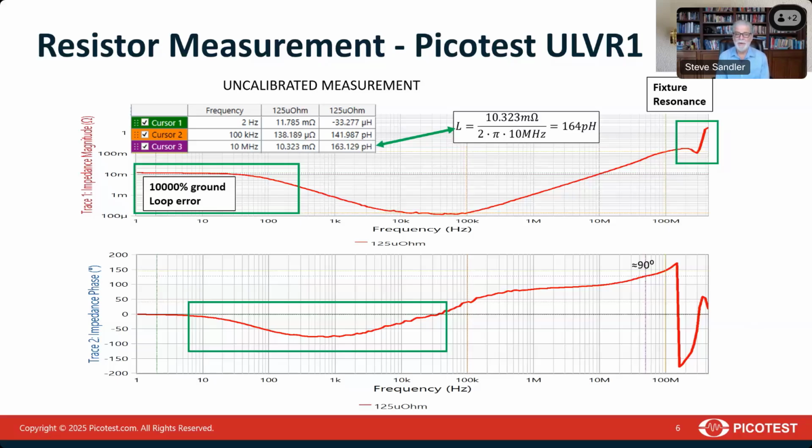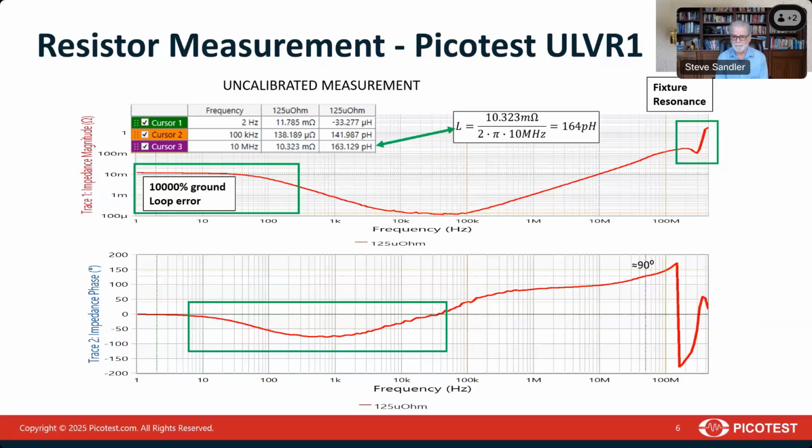And so in magnitude on the left-hand side, you can see the ground loop error. And so even though we have a 125 micro-ohm resistor, we're measuring somewhere closer to 12 milliohms, or roughly a 10,000% error due to the ground loop. You can see by the time we get to between 10 and 100 kilohertz, the measurement is correct. And then at 100 kilohertz, we can see that it becomes inductive. And that's all well and good until we get to about 300 megahertz, and then we can see that there's